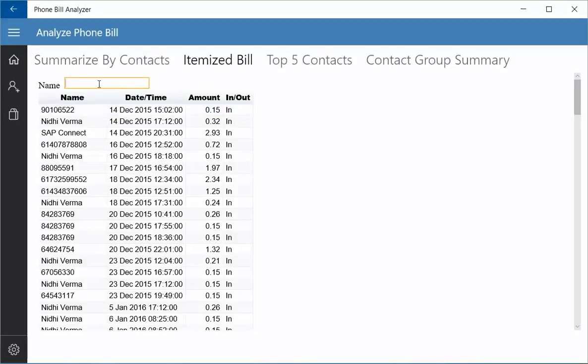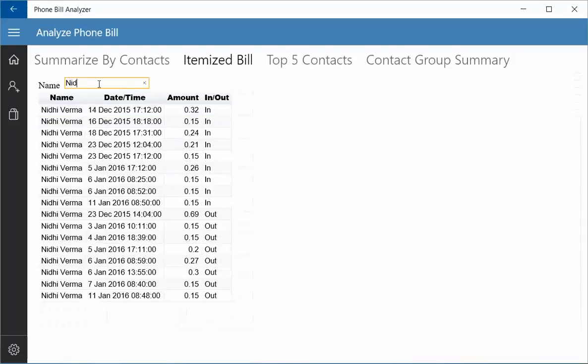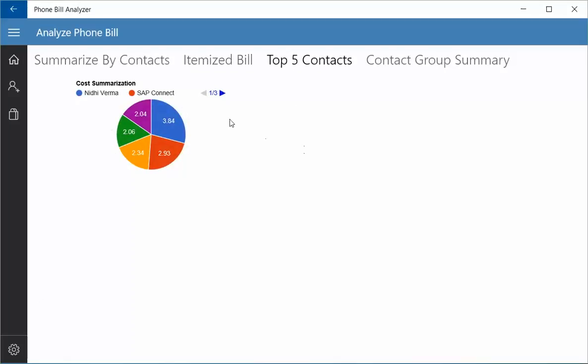Okay, so here for example you can just type the name and the system will filter only the calls made to that contact. So here you can see I made calls to this contact Nidhi Verma on 14th December at this time, and the amount of that call was 32 cents, and it was an incoming call or an outgoing call.